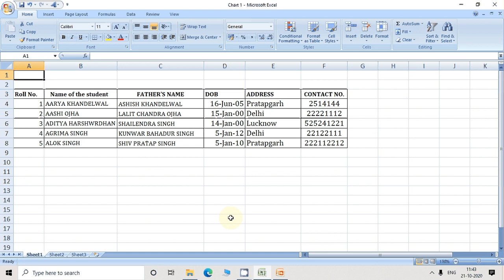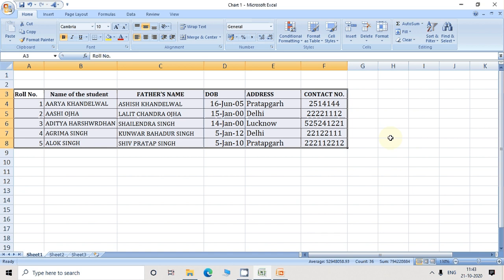If you want to sort the data in the table, first select the table. Drag with the mouse and select the whole table. In this way you select the whole table, then select the Data tab on the ribbon.